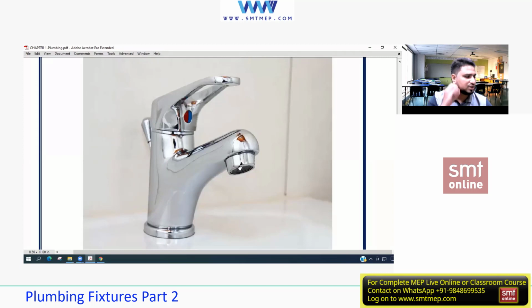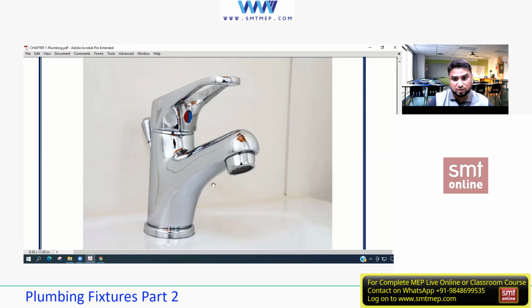Not only that, this is a faucet with a mixer. As I just said, on my right-hand side you can see a mixer symbol. This is my left-hand side, this is red, and this is my right-hand side. This is my cold water. And this is a strainer you can see over here, and this is chrome coated. If I tilt completely right, I'll get only cold. If I tilt completely left, I'll get completely hot. If I adjust between right and left as per the temperature of water I need, I can adjust and use it. And this strainer can be cleaned manually.